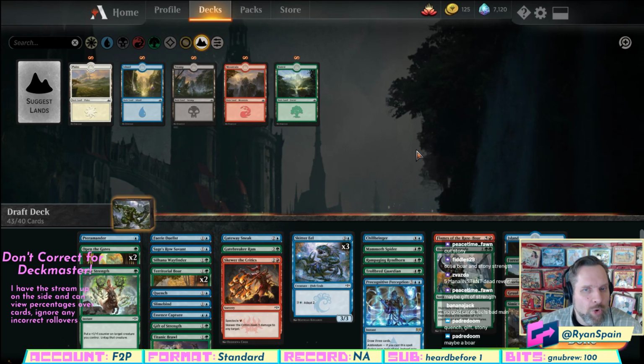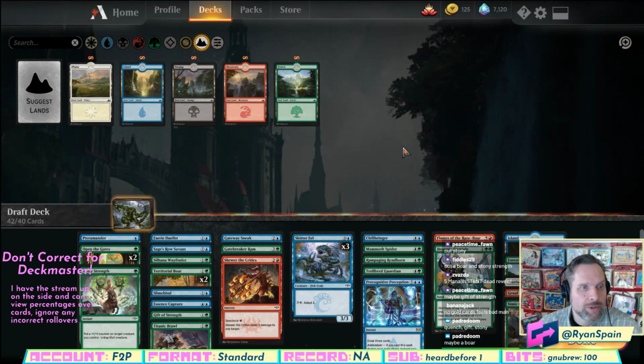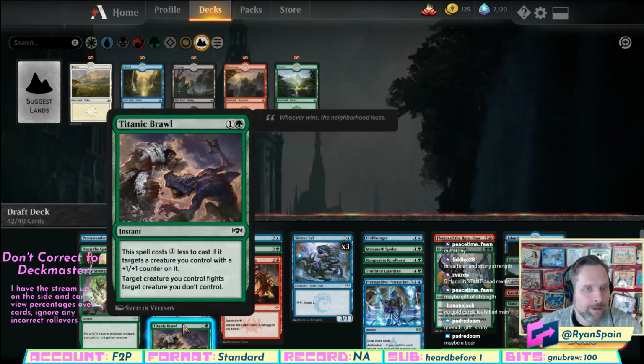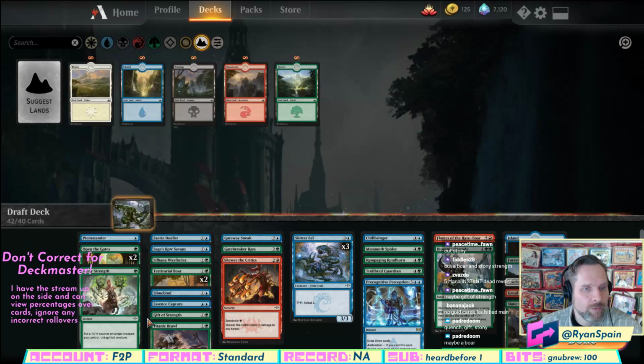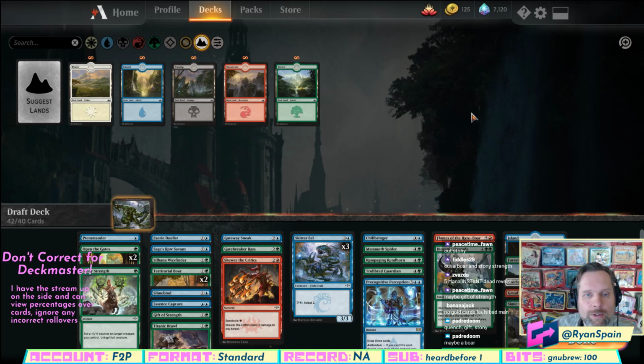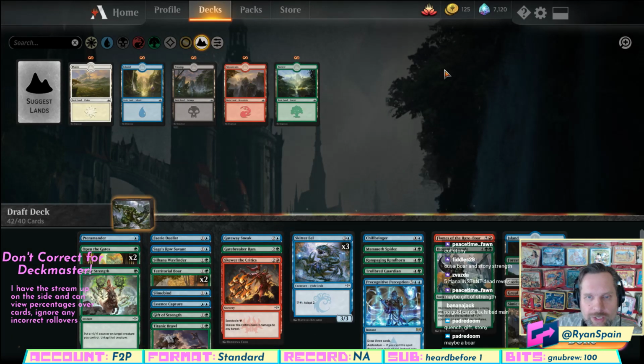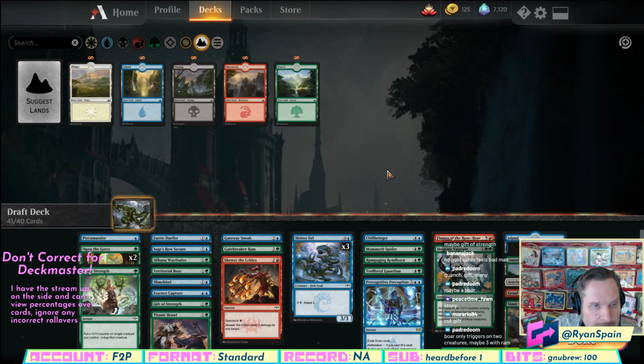Not sure I want to cut the boar. Cut quench. And maybe one of these three, like we have Gift of Strength, Stony Strength, and Titanic Brawl, and I think I want to cut one of those. And then maybe one creature. Boar and